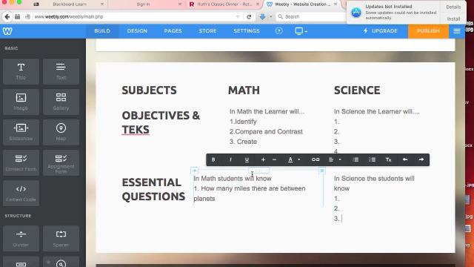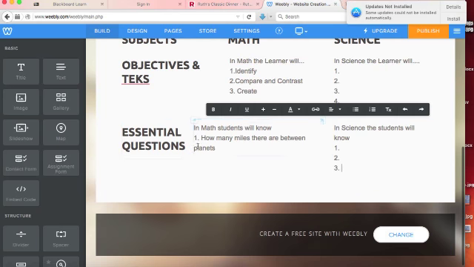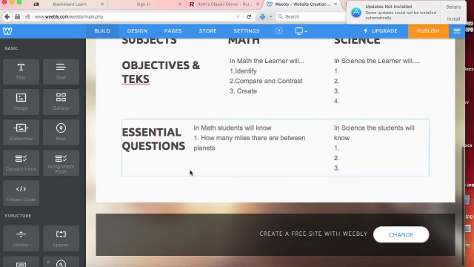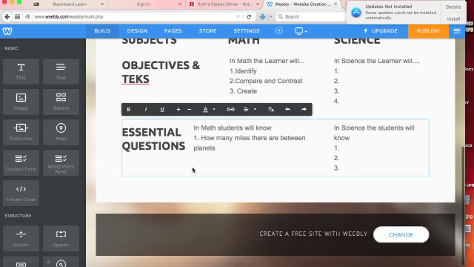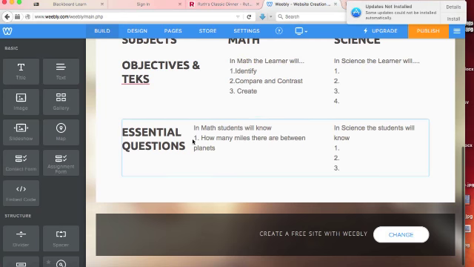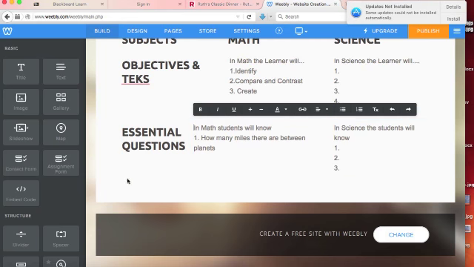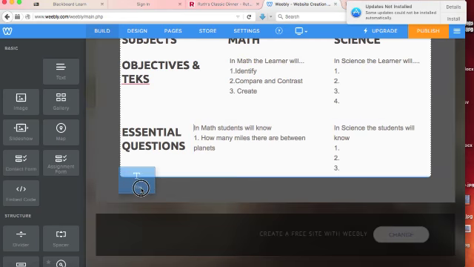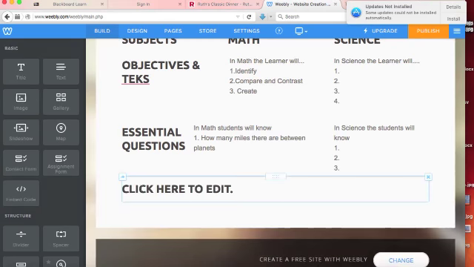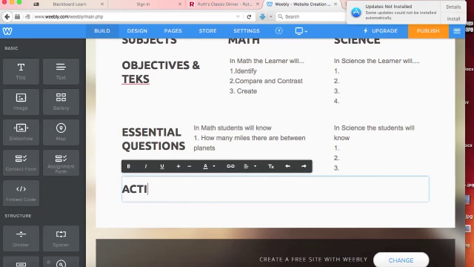Okay. Now, the next section, so you kind of get a feel for what they're supposed to be able to do. Let me see if I can move this over at some point. Let's see. Can't quite get this to move over, so I'll have to play with that a little bit. I'm going to go ahead and drop my next title down underneath. This time it's going to say activities. So these are the activities that the students will do to demonstrate their